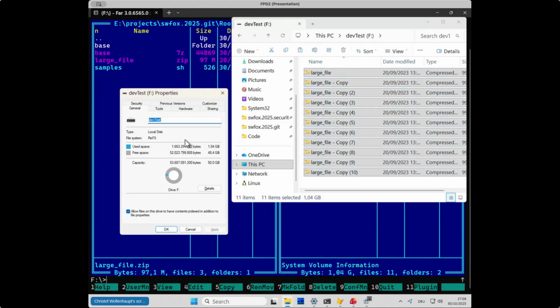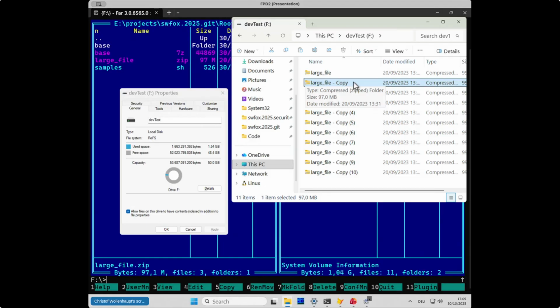If I go here, you see that I still have 1.54 gigabyte, because what Windows did was it just created a new directory entry for all these copies, but the content of the file is all the same. It's all pointing to the same location on disk until you make a change to that file. And at that point, the block, just a single block, the cluster that you changed is updated. It's called a copy on write. Every time you write to this file, you're writing it to a copy, and at that time, the space is